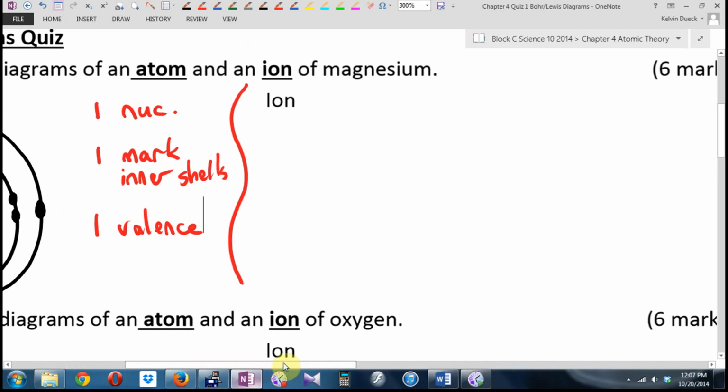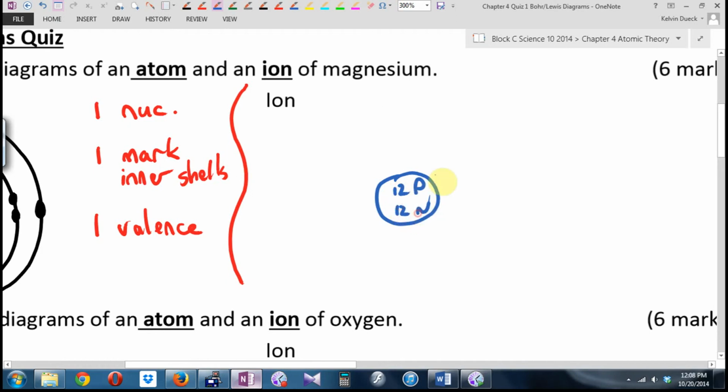It starts out the same, because in an ion we're not mucking around with the nucleus. We will be mucking around with the nucleus when we look at radiation, because radioactivity is crazy stuff going on in the nucleus, protons and neutrons decaying. So unlike in Science 9, when we said the number of protons never changes, in Science 10 the number of protons or neutrons eventually will start to change. But for now,